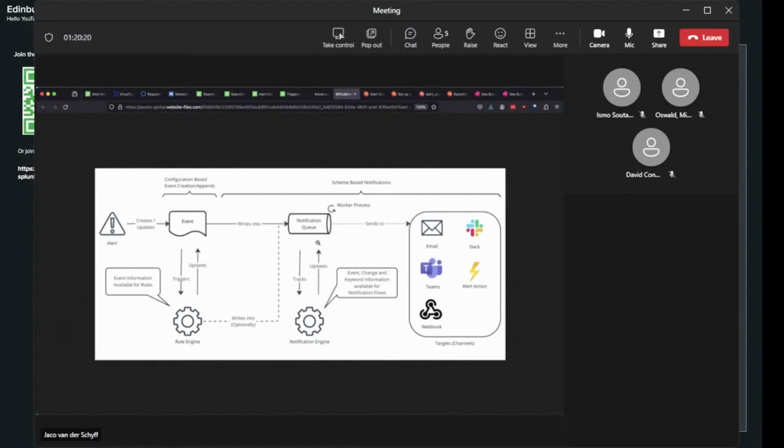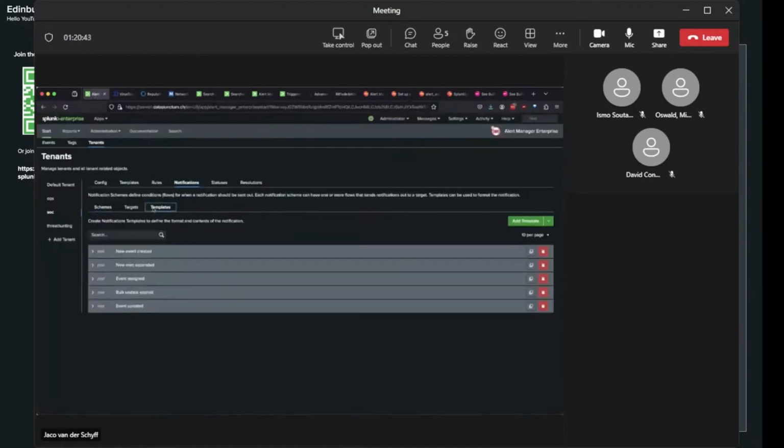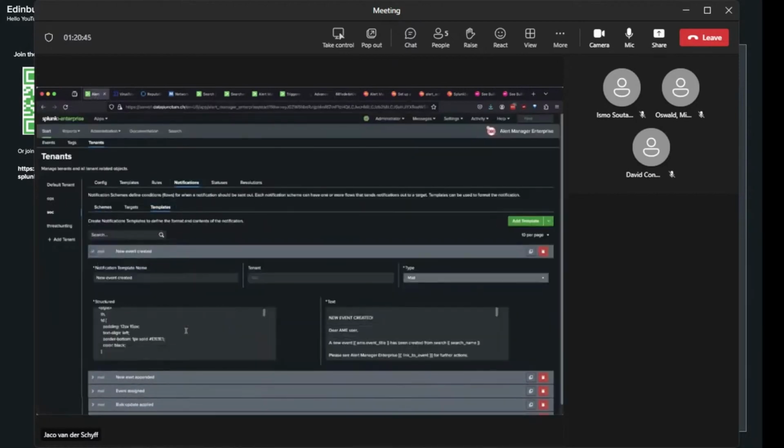So let's say something changes in an event and you want to do a post based on that. This rule engine can be used to set up the specific schemes in the platform. I won't be going into that in too much detail. Just know that you can set these specific workflows, you can trigger some basic actions, and you can set up some templates, and that I would like to show you quickly.